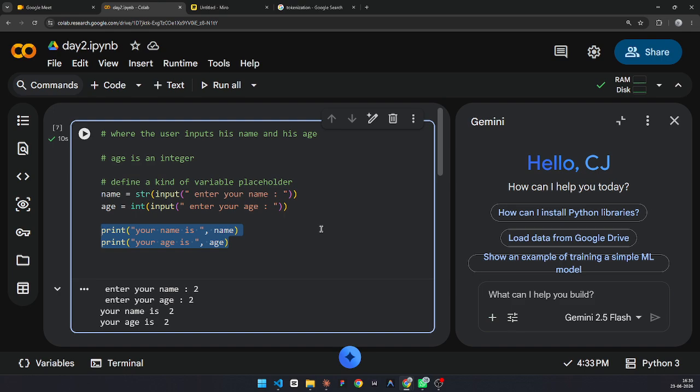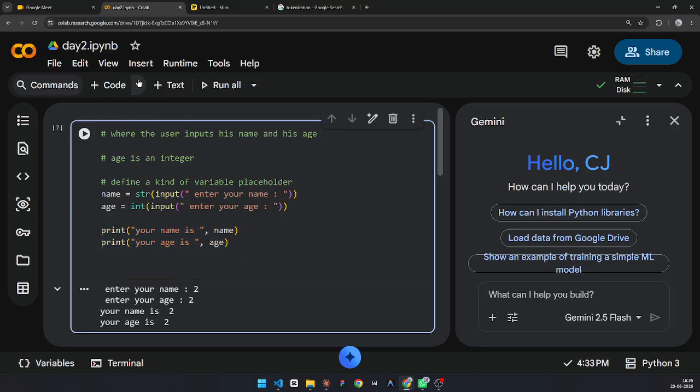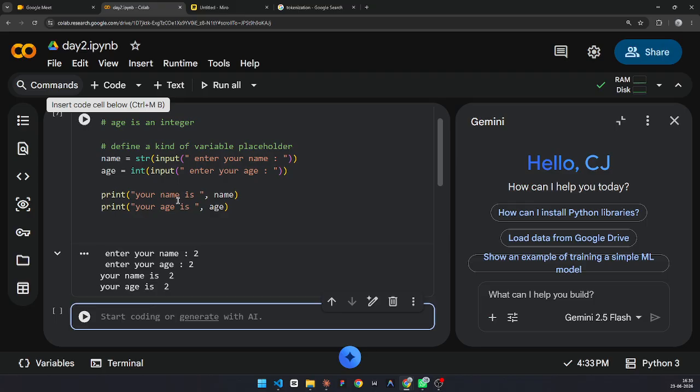Now I'll be teaching you f string. Do you all know what is f string? Wait, let me just redo it because I will be sharing my notebook. Hashtag f string.